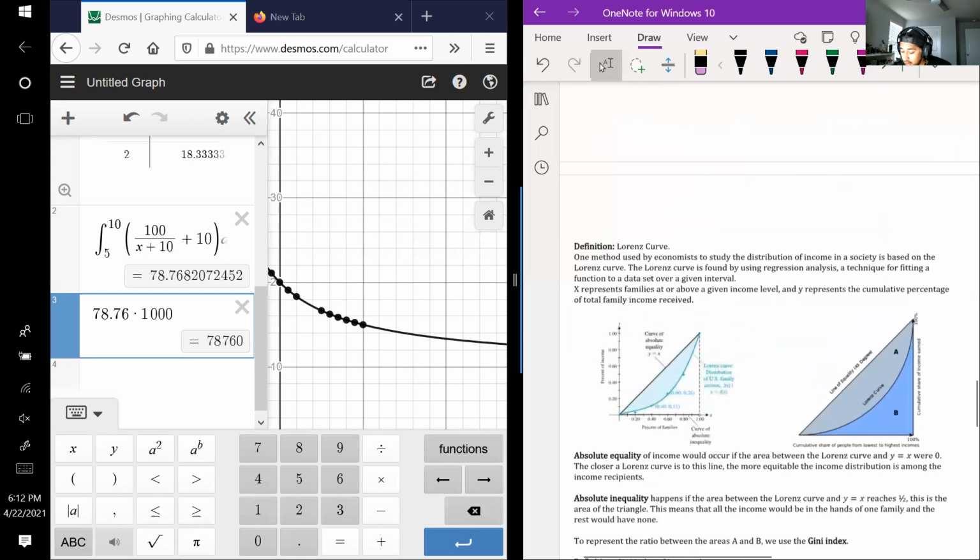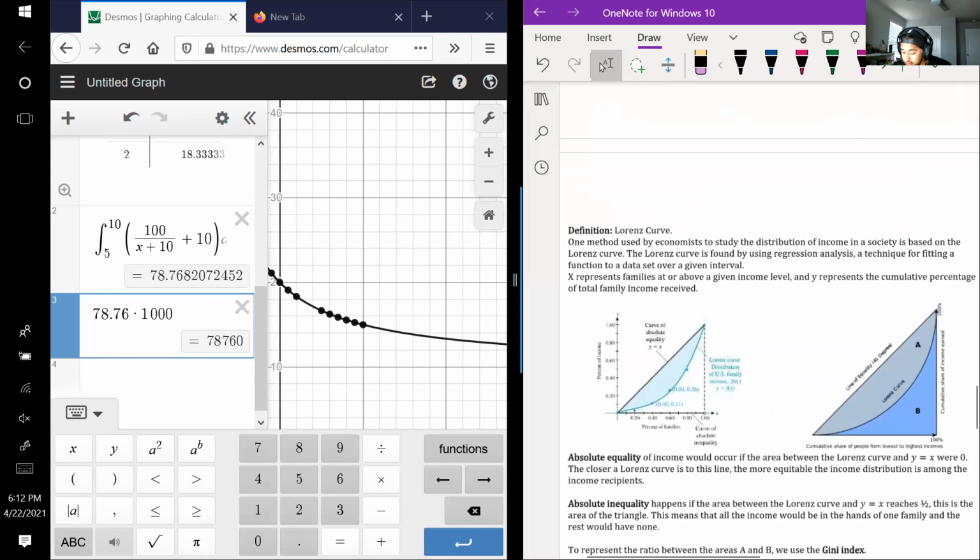So by definition, the Lorenz curve is the method used by economists to study the distribution of income in a society. The Lorenz curve is found by using regression analysis, a technique for fitting a function to a data set over a given interval. X represents families at or above a given income level, and Y represents the cumulative percentage of